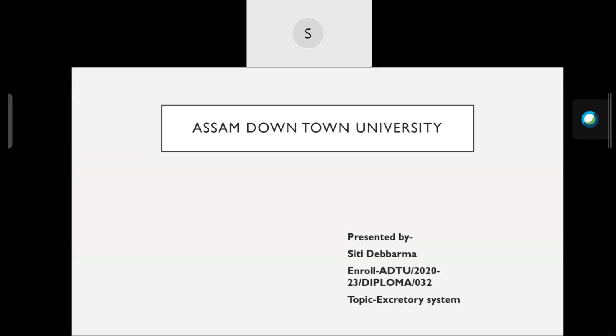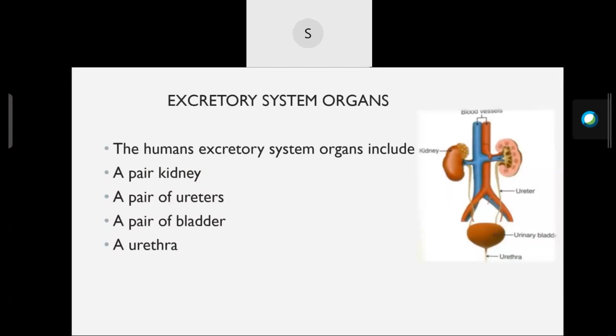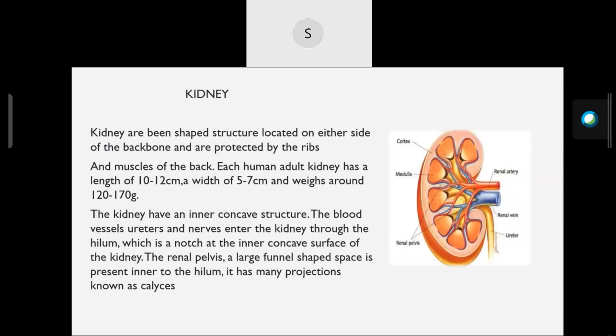Good morning, everyone. My name is Siti Devarma. Today I'm going to present on the topic of the excretory system. The human excretory system organs include a pair of kidneys, a pair of ureters, a bladder, and a urethra. Kidneys are bean-shaped structures located on either side of the backbone and are protected by the ribs